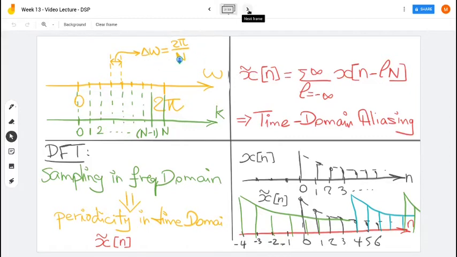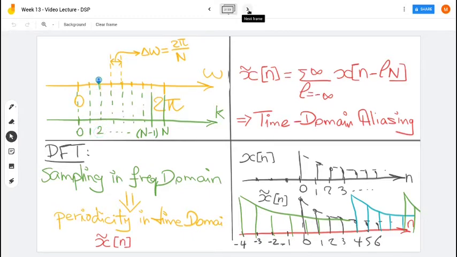So as if we have divided one period in the frequency domain of length 2 pi into n equal steps. Each has a width of 2 pi over capital N. Multiplying by k, so 2 pi over n, which is delta omega. Delta omega times 0 will give us a frequency of 0. And delta omega times k equal 1 will give us the first sample over here, times 2, the second sample,